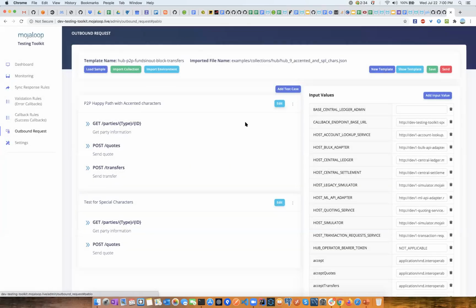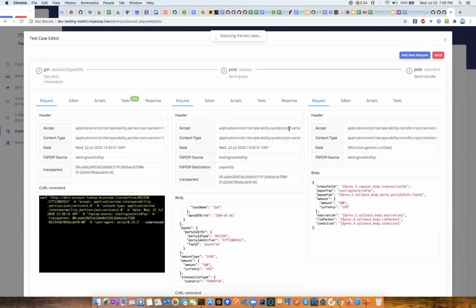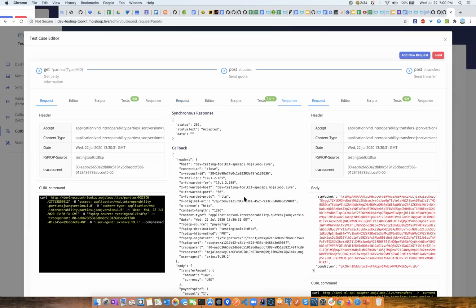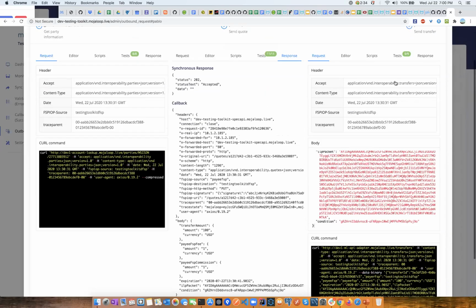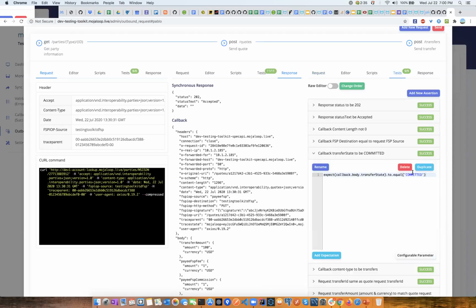So if we go into edit there, Sam, yeah, sure. We'll see there that the personal info complex name, their first name and last name now has the accented characters on them. And when Sam sends through the request, it should go through from the get parties through the post without having any issues. And we'll see that the post itself, for the post quotes, has the actual, oh no,